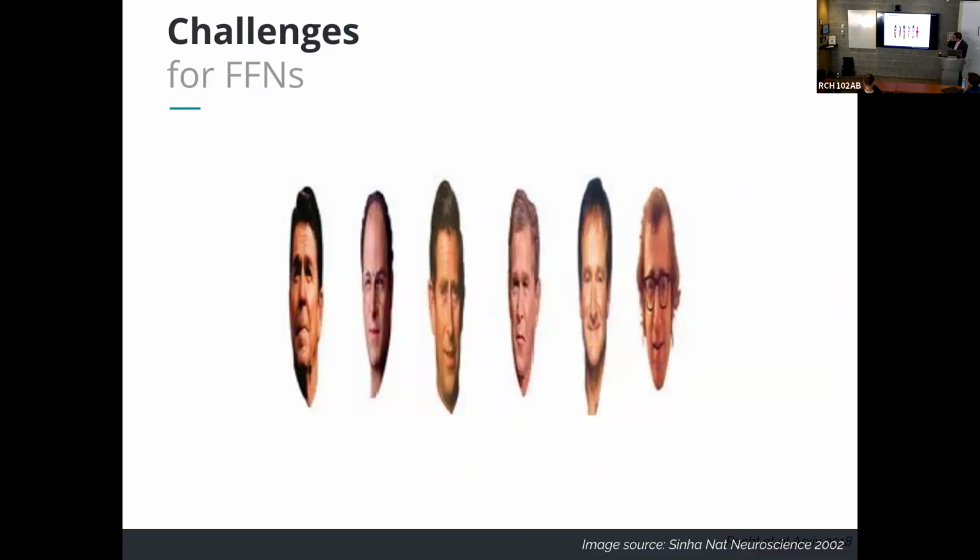So here's an example, which I love, which I took from a very old review article from Pavan Sinha in Nature Neuroscience. The example is starting to get old because I think as the people in the audience are getting younger and younger, they are less likely to know those people. And also, I should point out that the quality of the projector is pretty bad. But if you know these people,